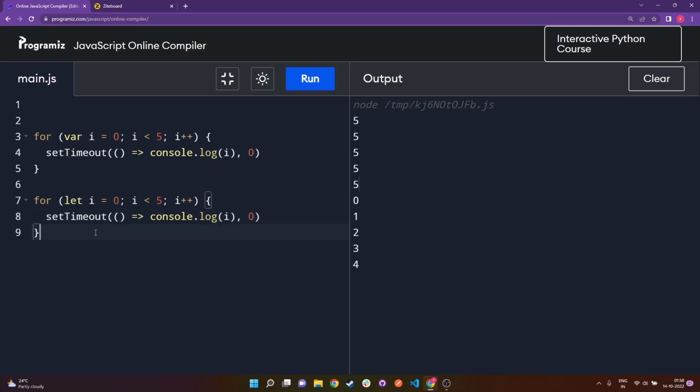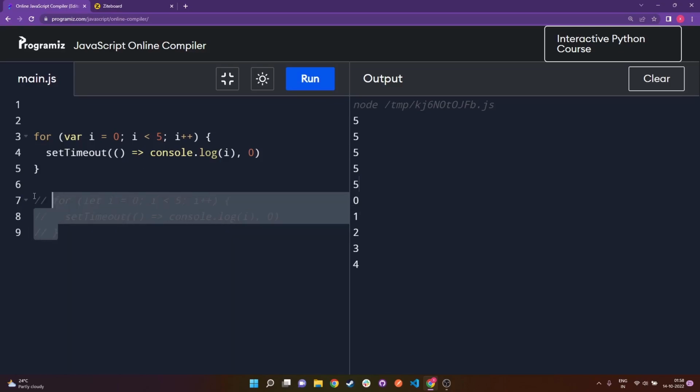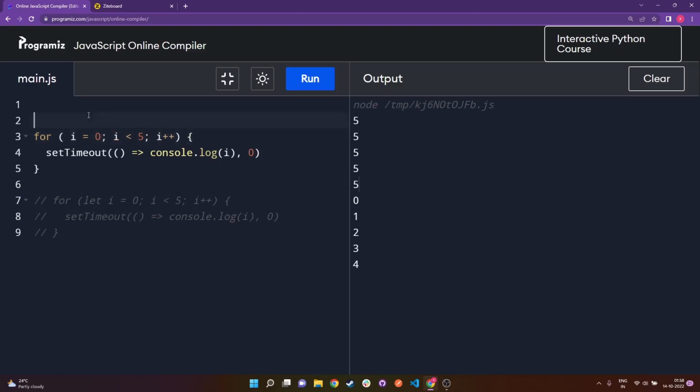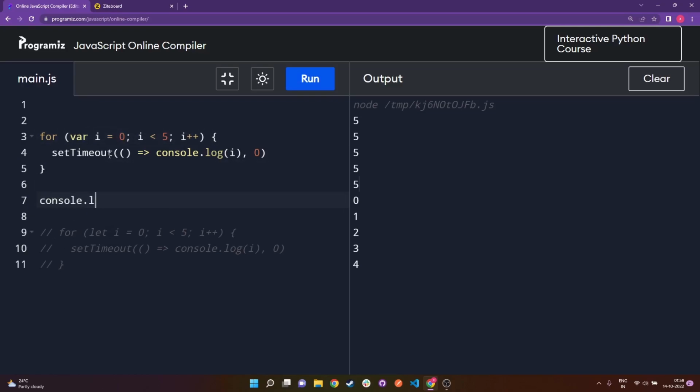And just to help you understand this in a much better way, I'll comment this out. You might get confused in this var i approach. So what I'll do is I'll remove this var. I'll in fact not remove that. I'll keep this var i as it is, and I'll show you something. If I just console.log i and let's say keep this as a string. Alright, so now I'm using i